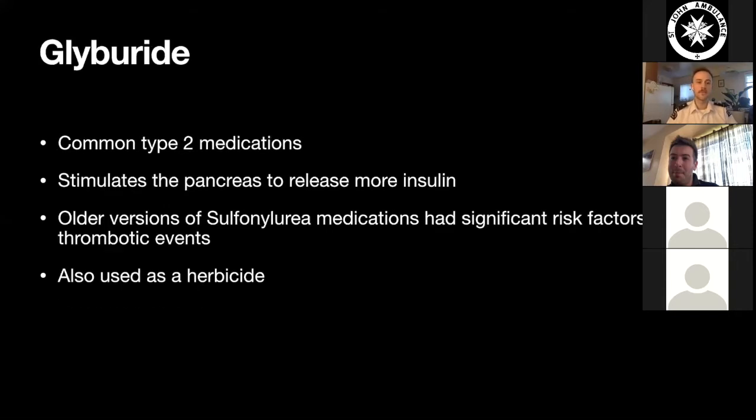blood glucose. Glyburide is another very common medication. It's typically added in addition to metformin, and typically only seen in patients with established type 2 diabetes. It stimulates the pancreas to release more insulin. Most of the time, the pancreas keeps a lot of insulin in reserve in case something does happen. And so it just stimulates that pancreas to release more of that reserved insulin in reaction to a particular stimulus that happens. So as it sees the blood glucose elevating, it'll release more insulin more aggressively,